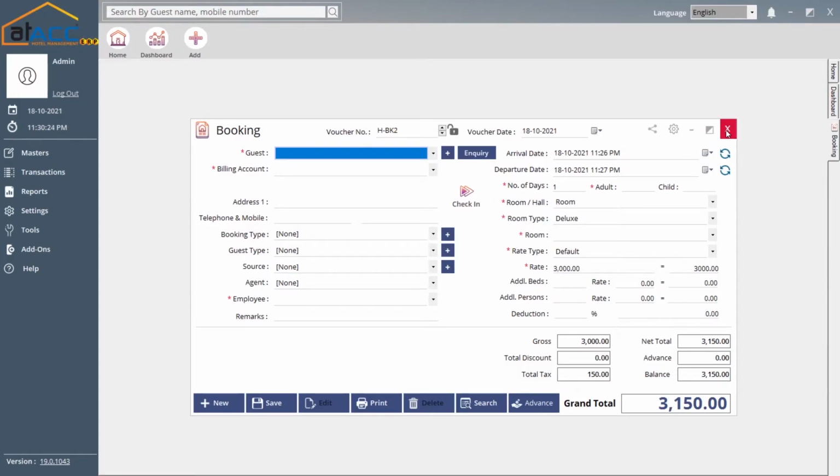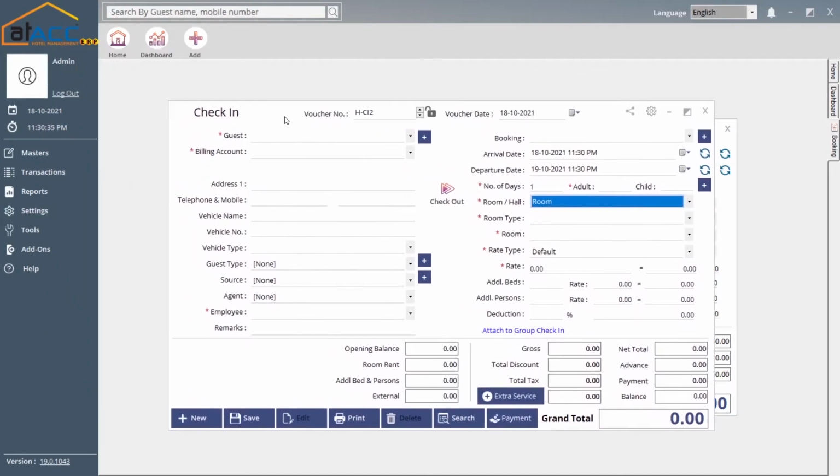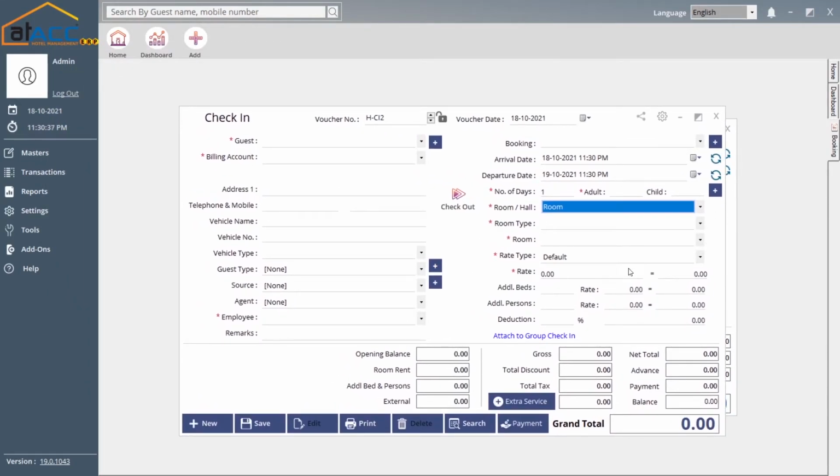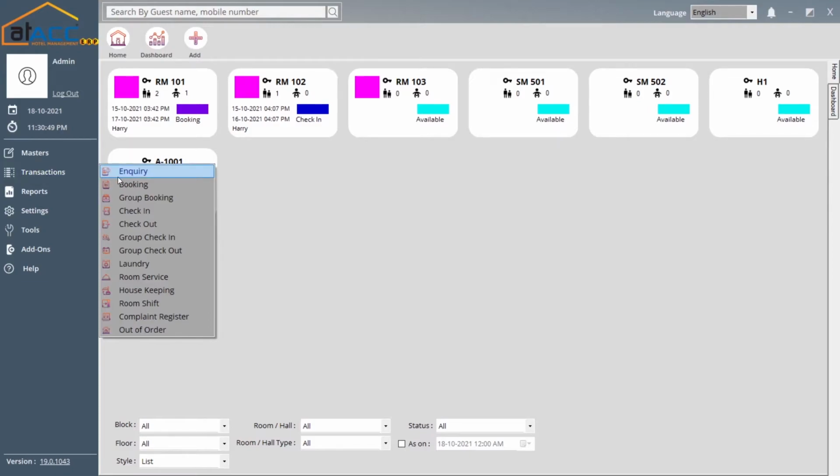And once you're done with that, we can go to the check-in section. If you want to go to the check-in section from the booking menu, you can press this button. It will automatically take you to this check-in form. All the details which you entered in the booking will be shown in the check-in section. And if you don't want to go directly from the booking to check-in, you can go to the check-in menu,